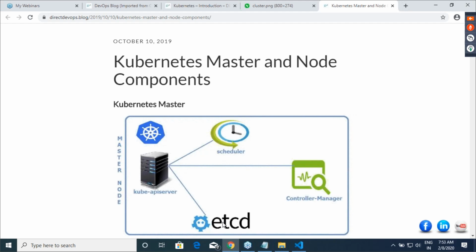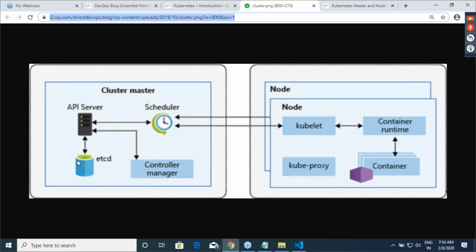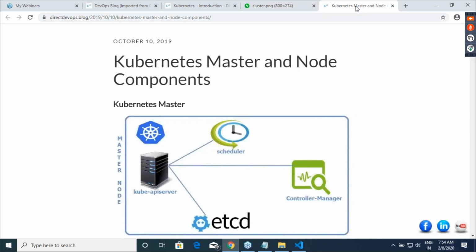If you remove that, it will be Gajini then. It will forget everything. That's the whole point. If you mess up with etcd, it will forget all the details. All the details about your Kubernetes cluster are stored in etcd. Clear on this? Are you clear about these 2 responsibilities now? Anything and everything about your Kubernetes cluster is stored in etcd. So if you look at this image, etcd is the cluster store.